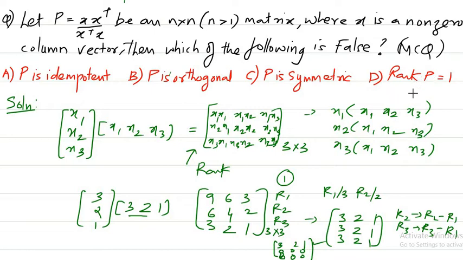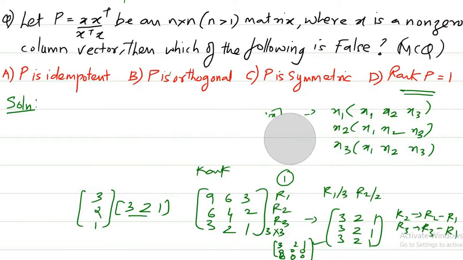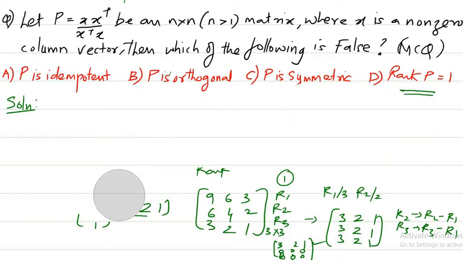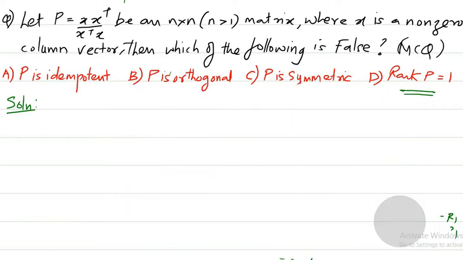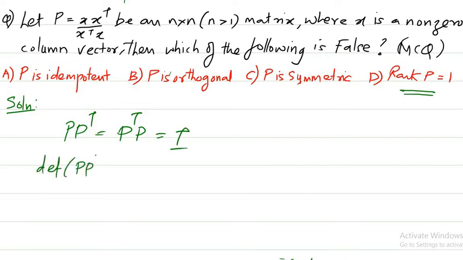So when rank of P is 1 and when this is decided, you can finish off the problem, because if you take a matrix here, we have an option B, right? What is the option? Option is P is orthogonal. What is the specialty of orthogonal matrices? If we have an orthogonal matrix, then we have the definition that if P is orthogonal, P into P transpose will be equal to P transpose into P is equal to I. And if I take determinant on both sides, what do I get?